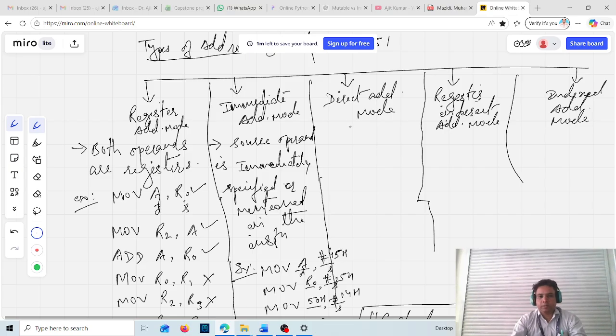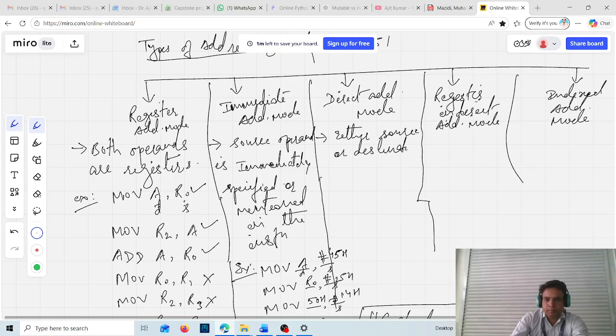Now the next one is direct addressing mode. See, in the direct addressing mode, either the source or the destination is a memory address. So either source or destination is a memory address. For example,